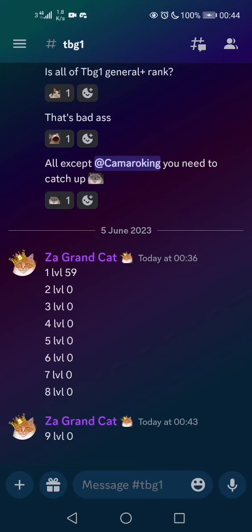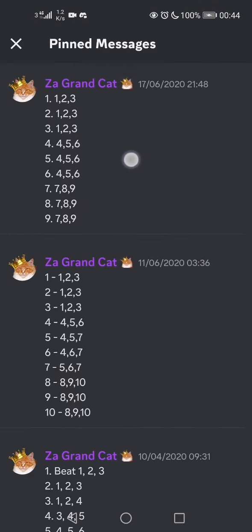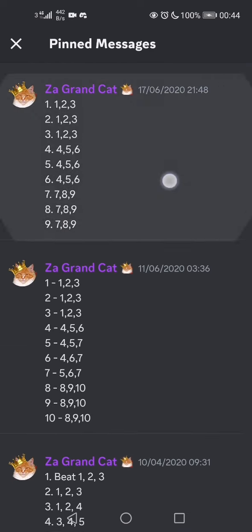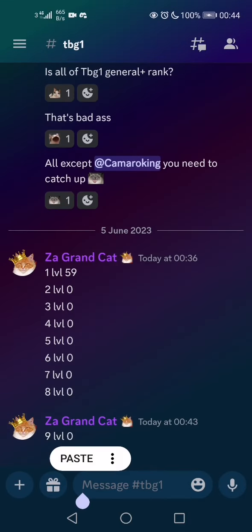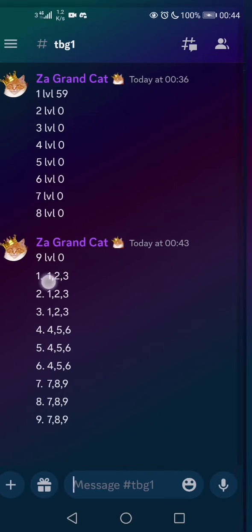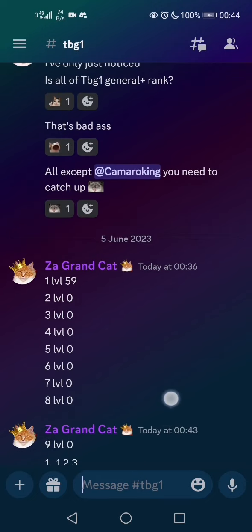So what we want to do here is, I've already written this out a long time ago. If you go up to TBG 1, you go to pins, those are the alignments for 1 through 9, there's the alignments for 1 through 10, and those are the alignments for 1 through 8. So we're just going to copy this text, and then I'm going to paste this here, and what this means is our number 1 is going to take on 1, 2, 3, our player 2 is going to take on 1, 2, 3, and our player 3 is going to take on 1, 2, 3, and our player 4 is going to take on 4, 5, 6, and our player 7 is going to take on 7, 8, 9, but